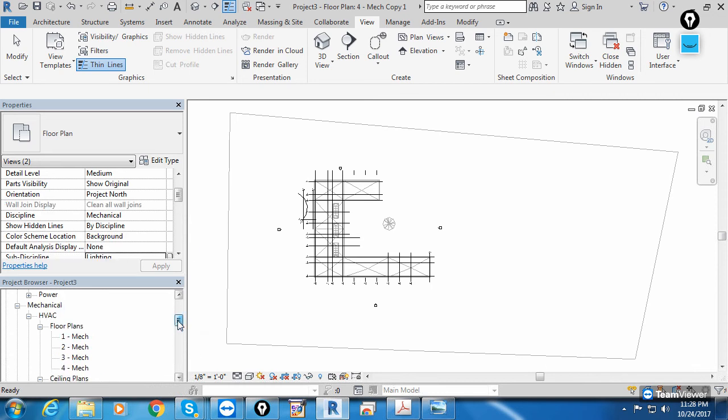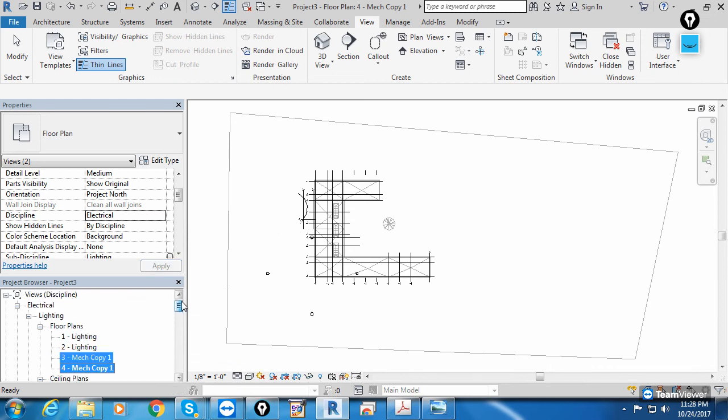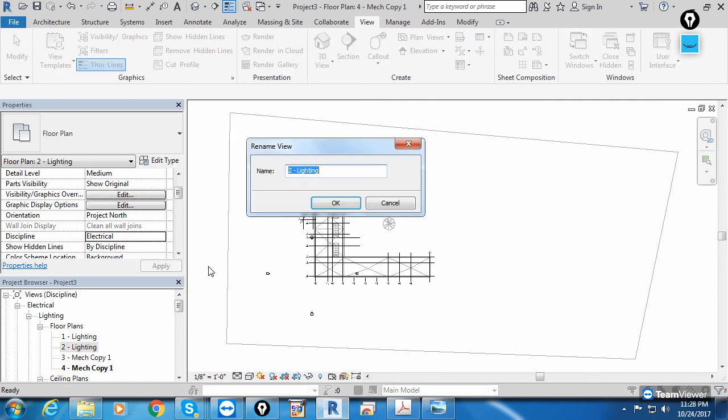You see, under mechanical the new lighting is created because I have not changed the main discipline. So make sure that both are selected, and under this discipline change to electrical, and electrical already has lighting available, it will merge. Now you see, under electrical lighting 3 and 4 are available.